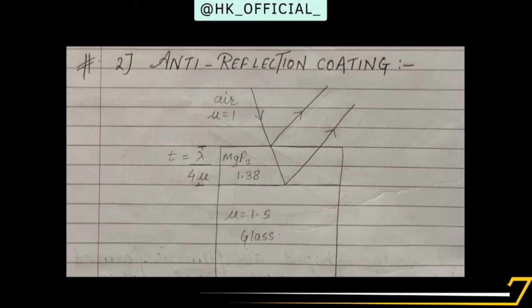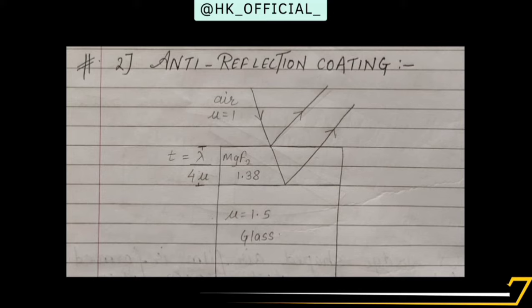When any monochromatic light comes on this MgF2 layer, some of it gets refracted and most of it gets reflected. So this technique is used in our camera lenses to make images appear brighter. Why do we see faces that are much brighter than real in our selfie camera? That is because of this anti-reflection coating, and it is present in all camera lenses. If you see in your mobile also, this anti-reflection coating is present. So this is the layer of MgF2 which is required, and this is the concept of interference which we use in our daily lives. But now we understood why it is happening, right?